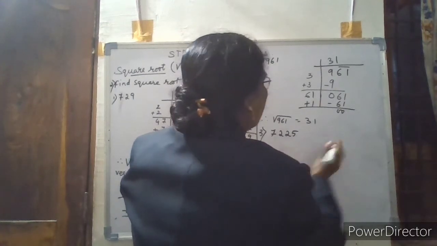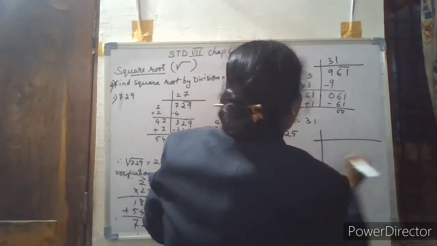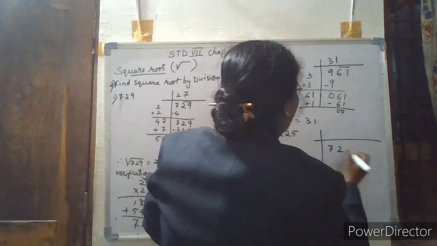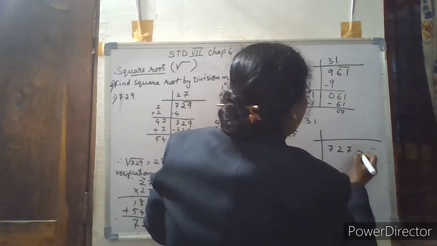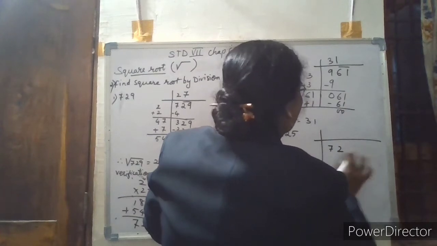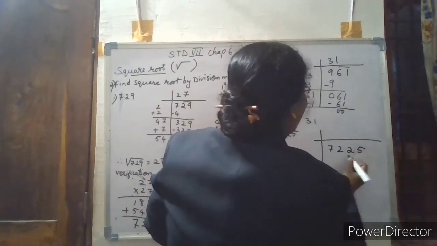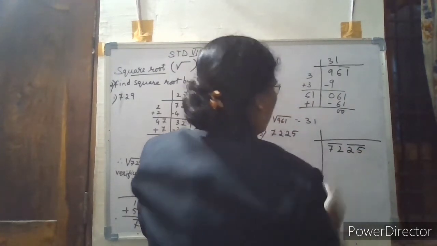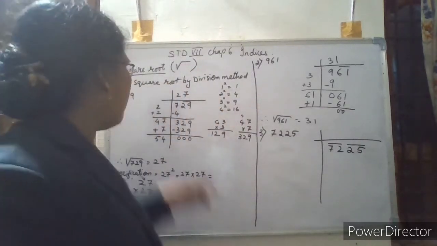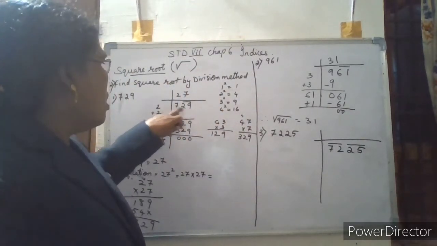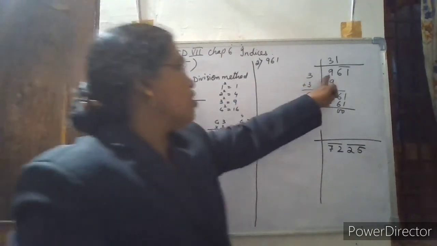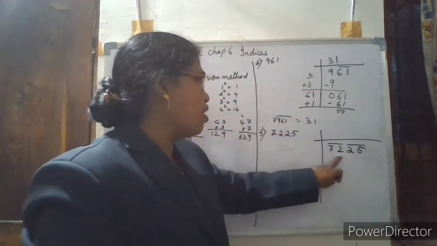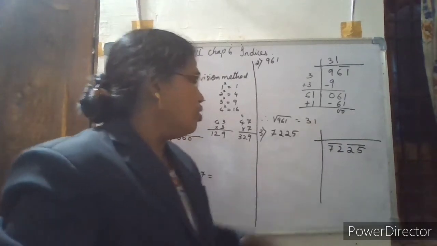Put it in the box. 7225. So 1, 2, 1, 2. Here also I got the beginning like we had got here in the beginning. When a 3-digit number was there, I got only one single number. But here I got a 4-digit number, I got 2 pairs of 2 to 2. So 72, nearest is which number?